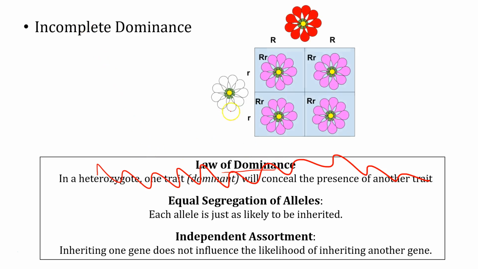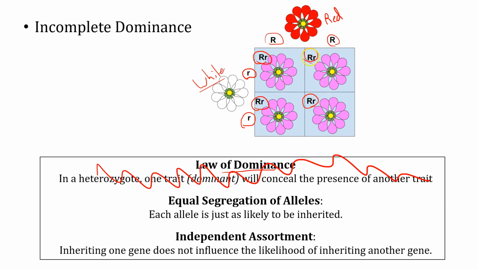This is a scenario in which there is actually a heterozygote that has the phenotype that's a hybrid of the two parental phenotypes, either dominant or recessive. So in this picture, an example of incomplete dominance, this plant is homozygous recessive and they have white flower petals. This plant up here is homozygous dominant and they have red flower petals. And if you were to cross one of these homozygous dominant plants with a homozygous recessive plant, you would get a whole bunch of offspring that are